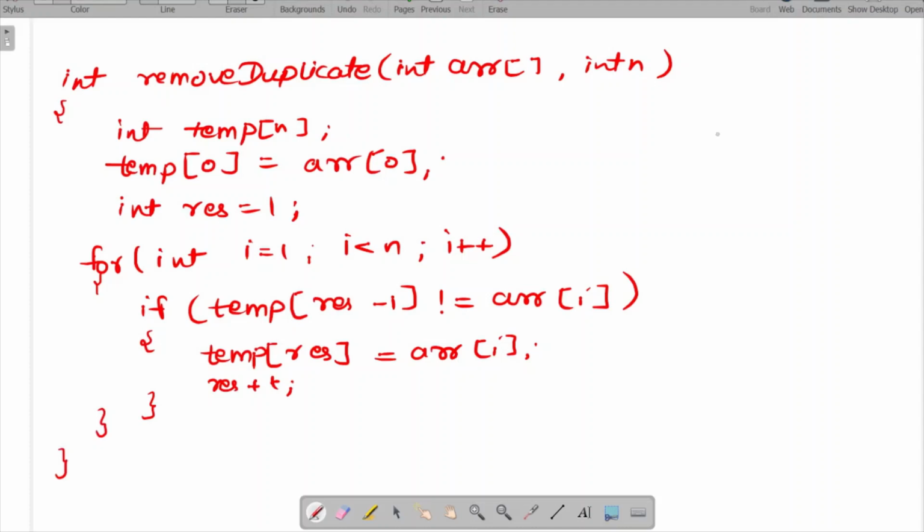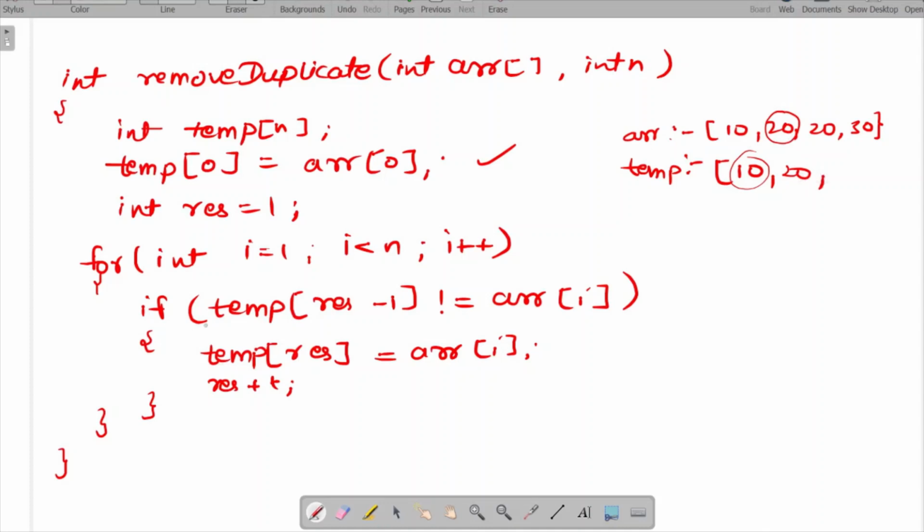What we are doing over here, let me explain it once again with the help of an example. Suppose our input array was something like 10, 20, 20 and 30, then in this case the temporary array will be somewhat like, initially when this statement runs, 10 will be entered in the temporary array. Now when we check this condition, temp[result - 1], which means this 10, is equal to 20? So no, this is not equal. So simply we will enter temp[result], which means at this position we will enter array[i].